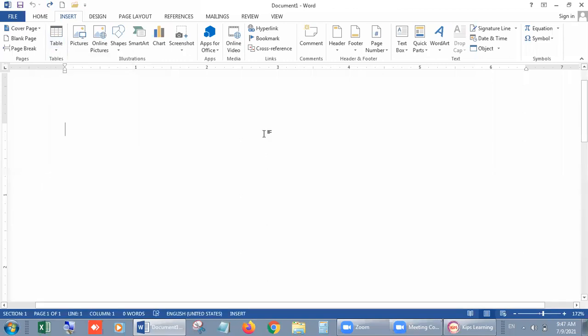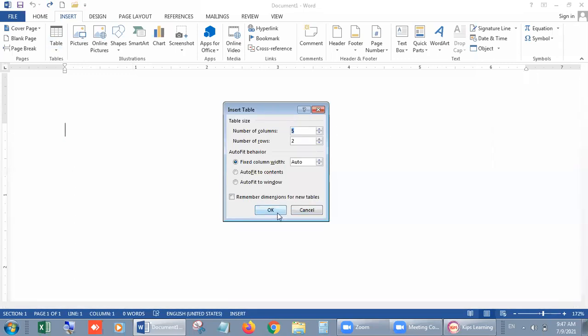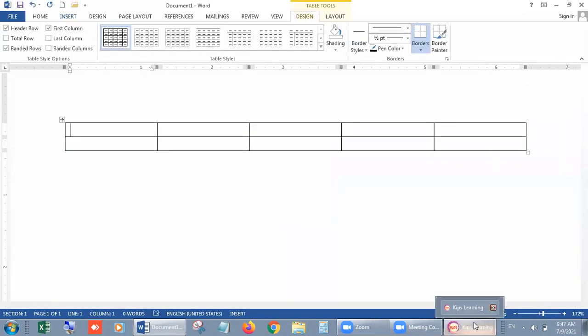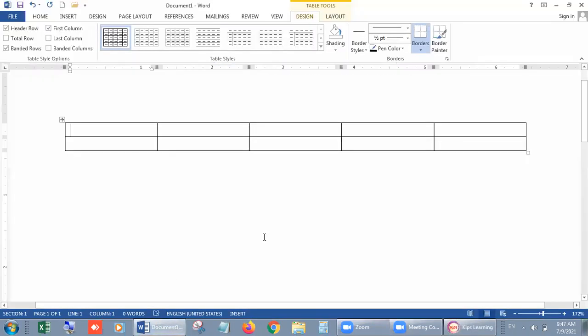Okay, students. Now I want to show you how you can insert data inside the table. Let me show you. First of all, entering data into the table. This is our next command. Look, students, whenever you prepare any table, you need to write the headings of every column. Suppose, first of all, roll number, then name, then class or standard, suppose then marks, and then percentage.